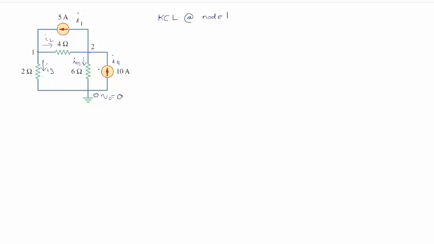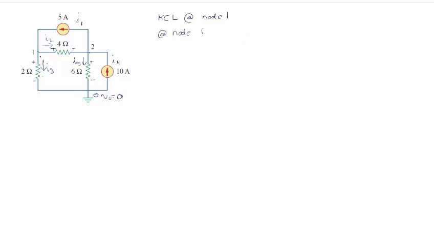So now I've made some assumptions of directions. I need to label my polarity markings. So current goes into the resistor, and then it is at a lower potential exiting the resistor. So into gets the plus, out of gets the minus, into gets the plus, out of gets the minus. So I'm saying that this voltage is at a higher potential than this voltage. That's my assumption, that's my best guess, and now I'll analyze the problem and see what it comes out to be. So at node 1,